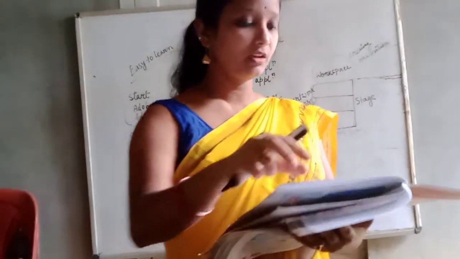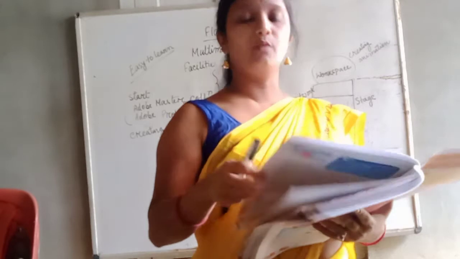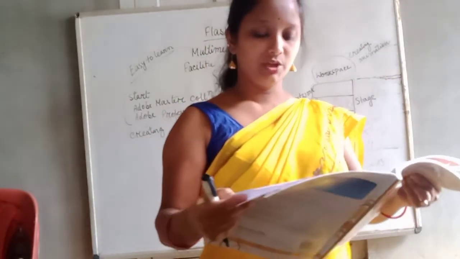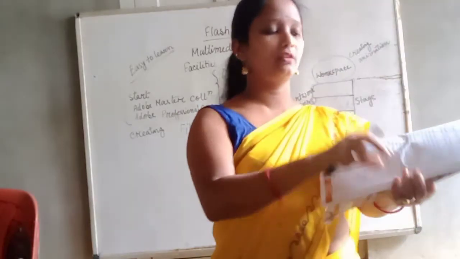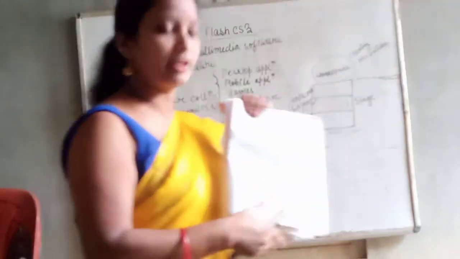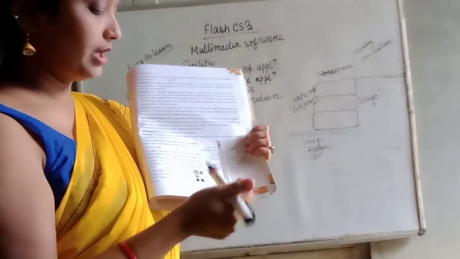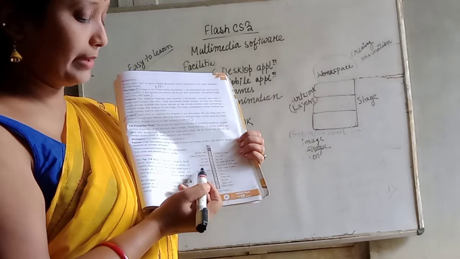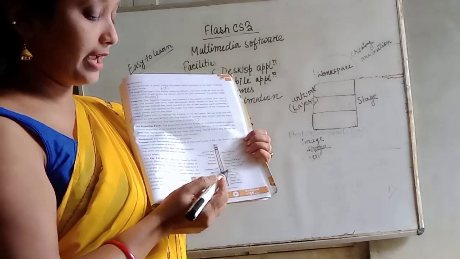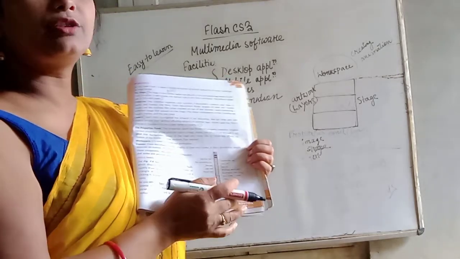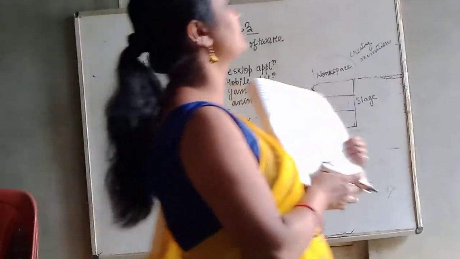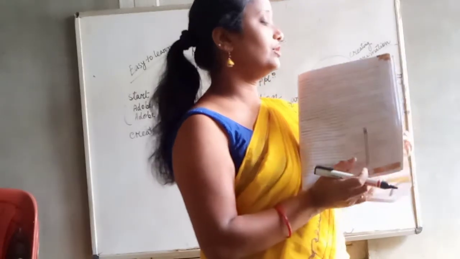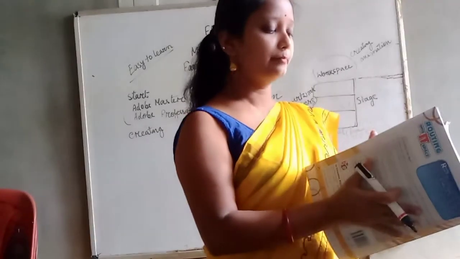Next, part by part, it is given in the book. This is the first introduction part. The tool panel: what are the tools available in Flash CS3? On page number 91 you see the selection tool, free transform, pen tool, line tool, pencil tool, eyedropper, hand tool, and swap tool. These are all tools to do different types of editing in Flash CS3.